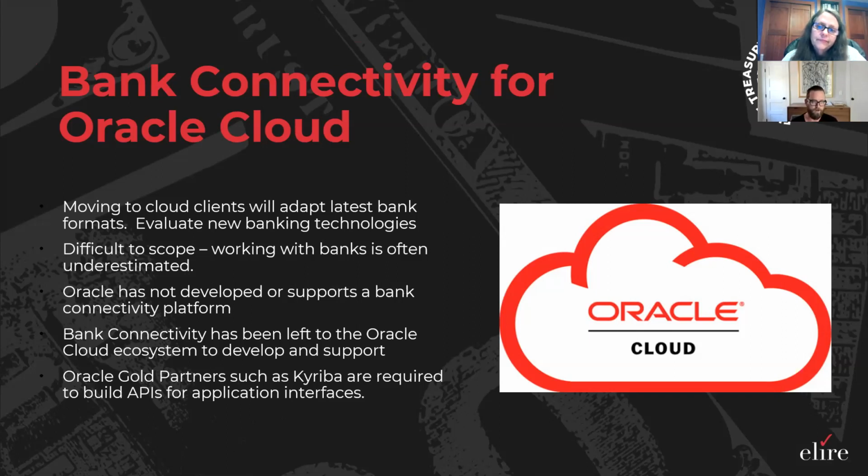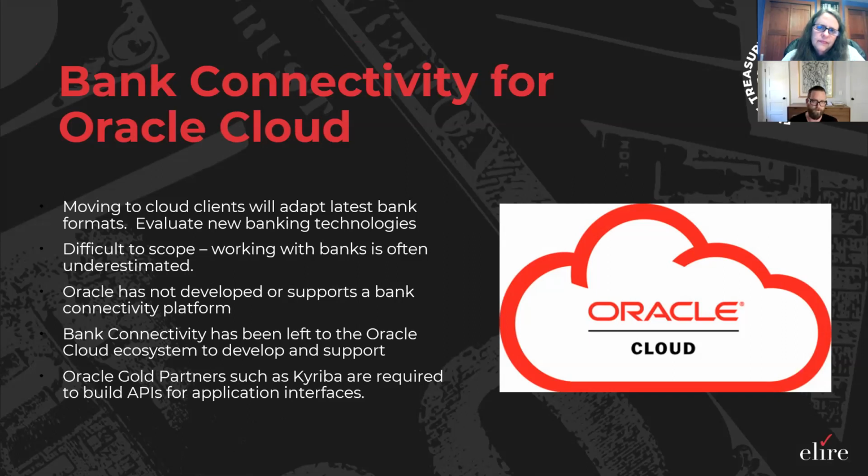And when we talk about scope creep, a lot of what we're talking about is that when vendors like Oracle provide system integrators like Alir or Kyriba with enough system access, we are essentially forced to say, hey, if you're going to adopt an ISO standard, we have to go out and talk to all these banks that I talked about on the last slide, and start to evaluate all of their specifications by country, by bank, by payment format. And what all of this does is add variables and volume into the scope of our project that's kind of vague, for lack of a better term.